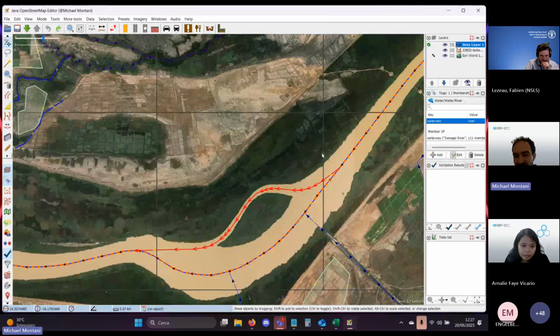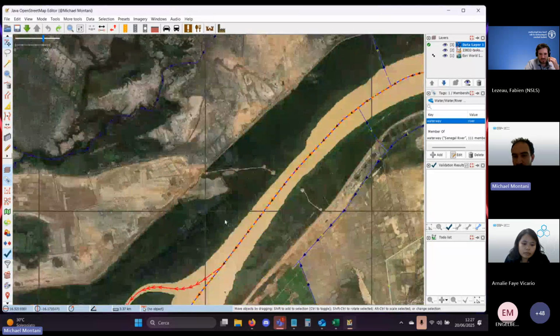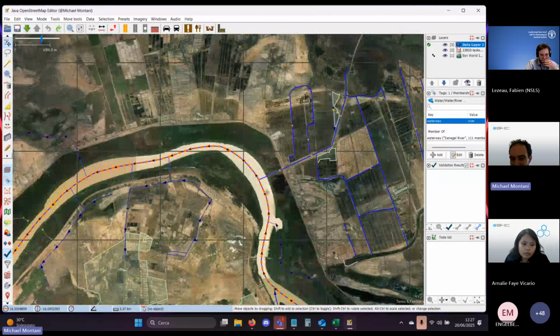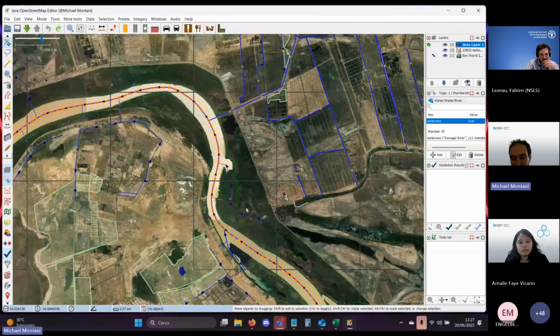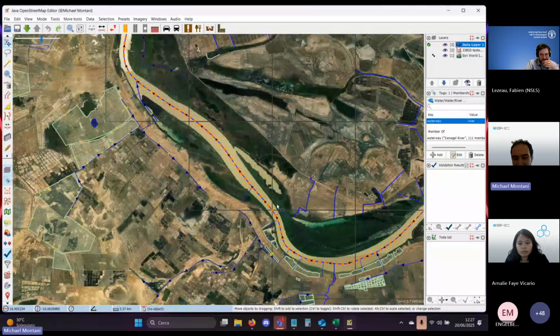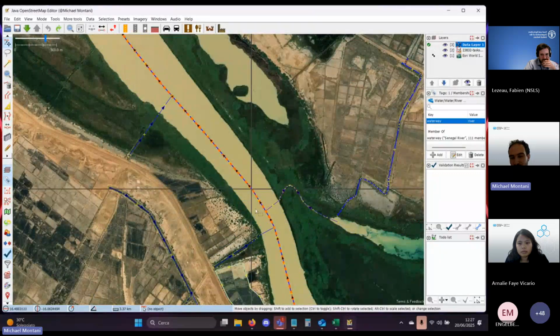So basically it is a line that we are tracing in which there is a big flow of water. If we go to the OpenStreetMap wiki definition, rivers are basically all the waterways that you cannot jump from one side to the other.